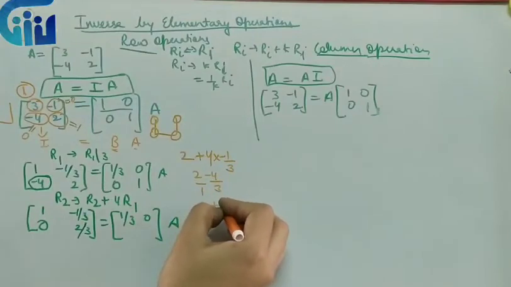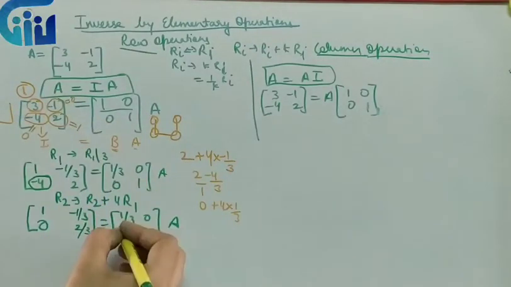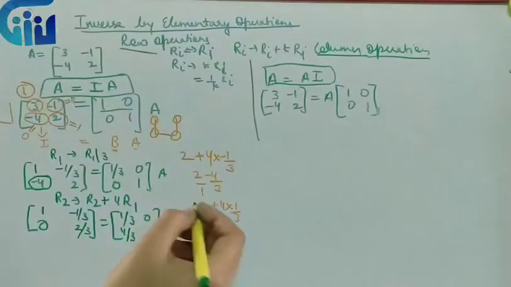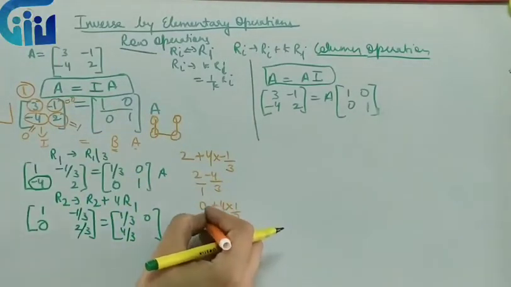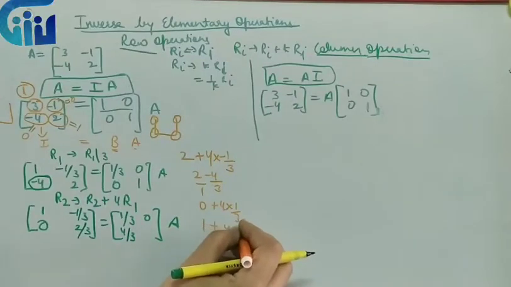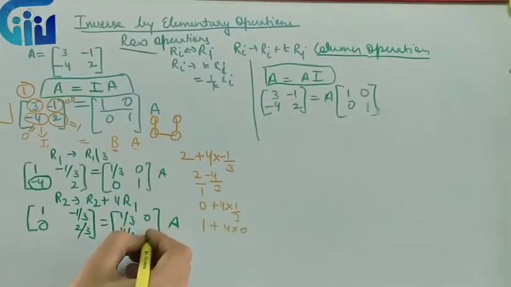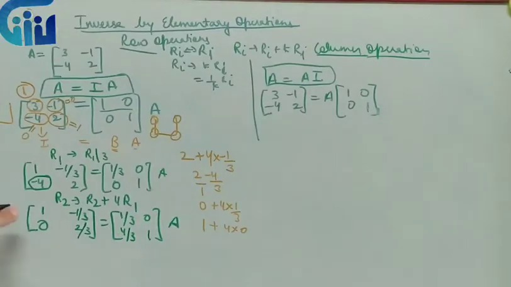0 plus 4 times 1 by 3. So it is directly 4 by 3. So you can do these calculations as rough work. And everybody has to first of all try to do it on paper so that you don't make mistakes. And with passing time, when you do 10-15 questions, you will be in the habit of doing it mentally. Now next is 1. So if I do it as 1 plus 4 into 0, I will get 1 only. So this will be as it is. Clear? So I have got 1, 0. So I have moved it this way.